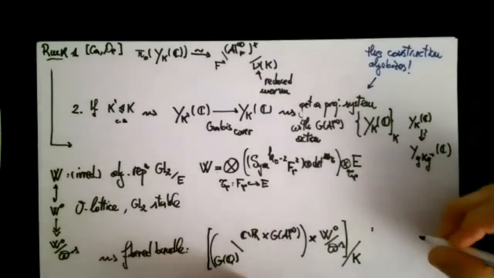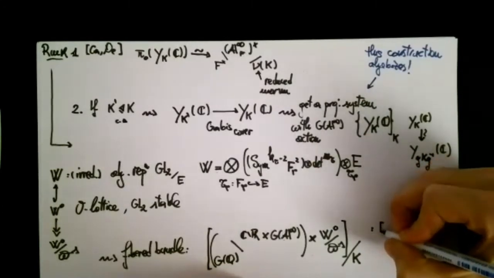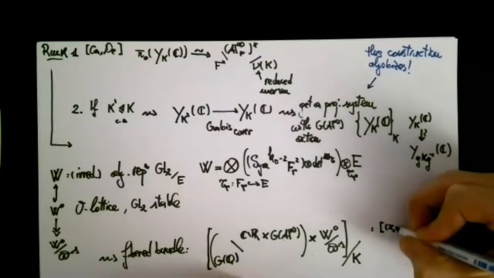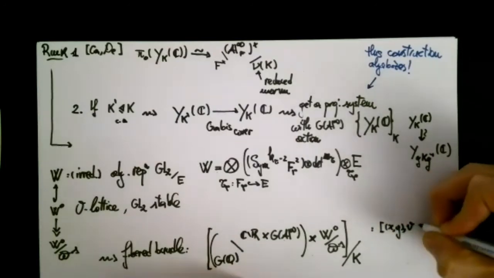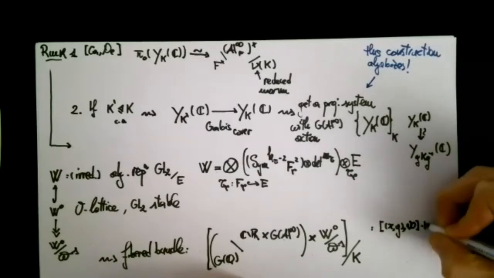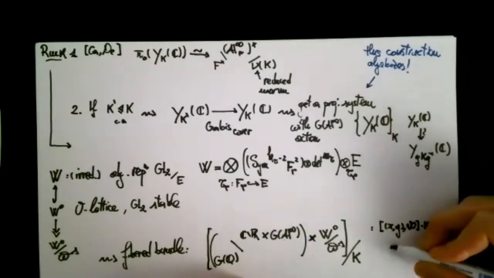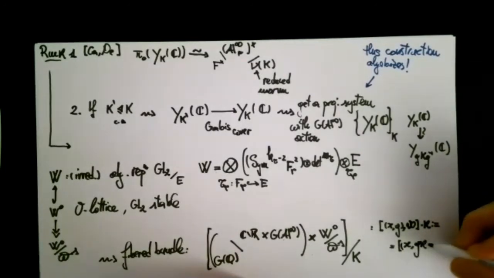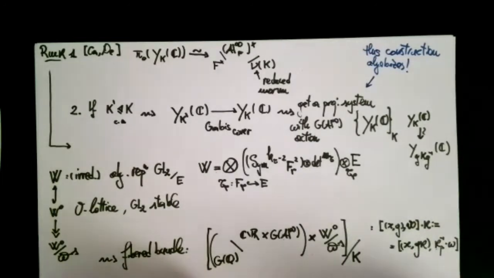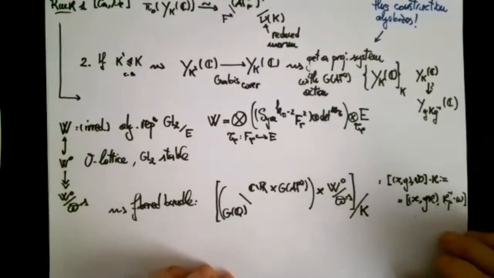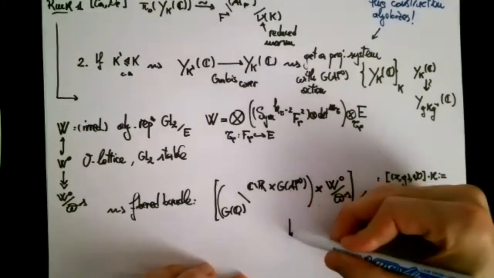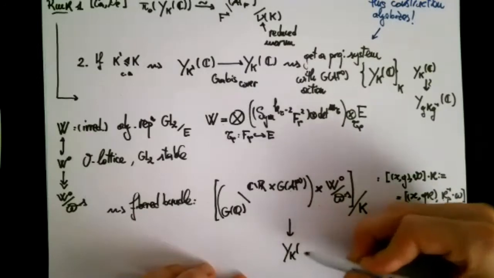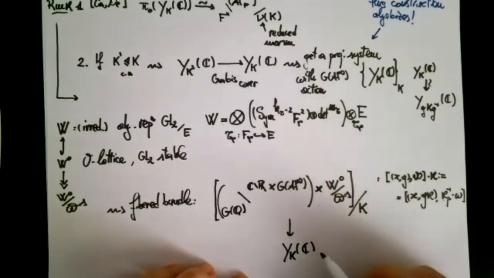So meaning what? Meaning that we have, to the pair X, G, comma V, comma W, times K, this is by definition. So X is the same, and we have G, K on the left, and here we consider the action of Kp minus 1 times W. So this is how I define this quotient. All right, so we have a fibration of this over the Riemann surface of before, and given this data,